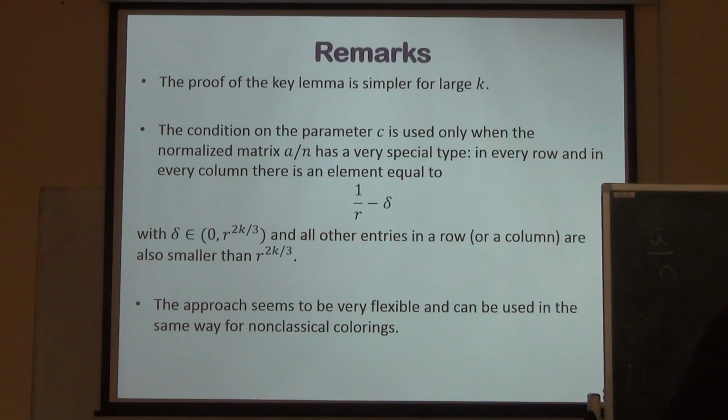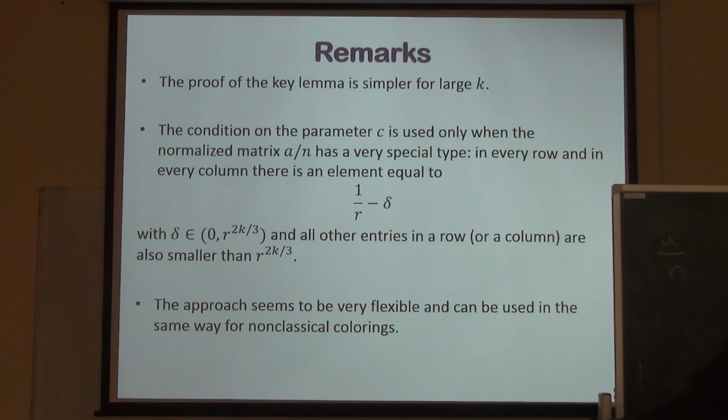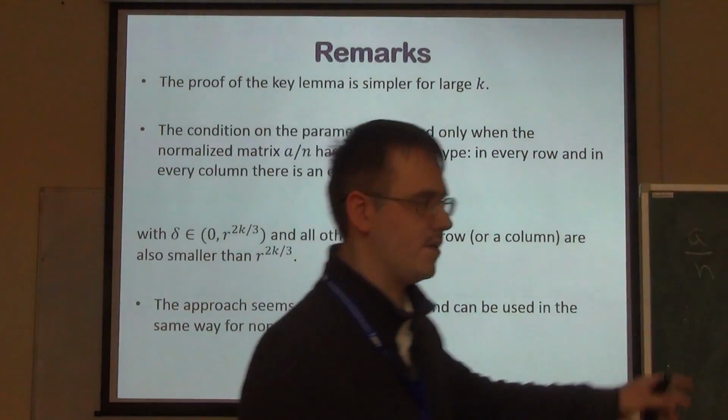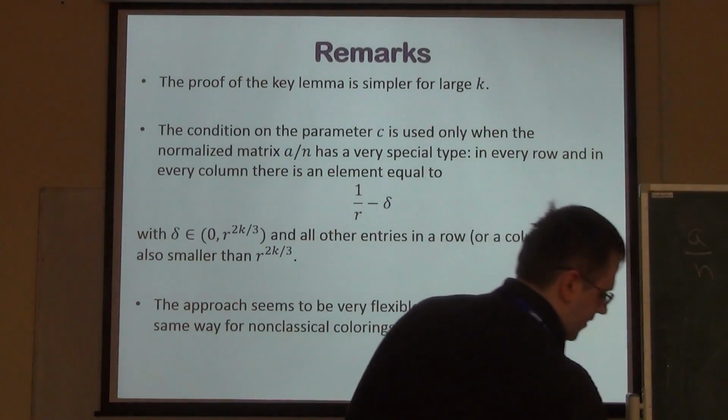And so on, so we have this diagonal element is roughly 1 over r minus something very small, and all the other entries are very small. Which means that the colorings are almost the same, so the color classes are almost of common size. So we have a lot of vertices